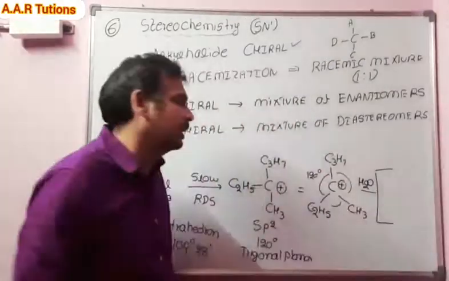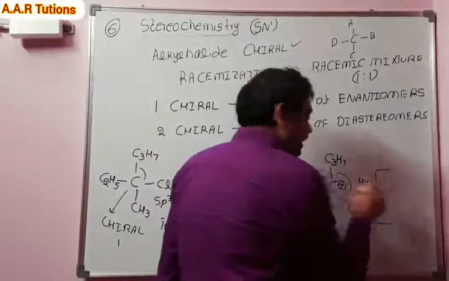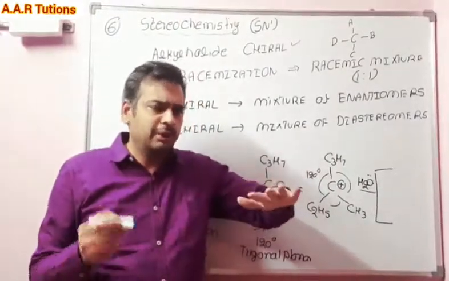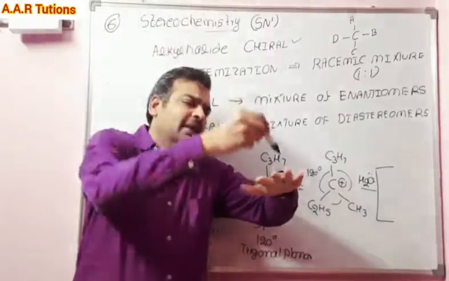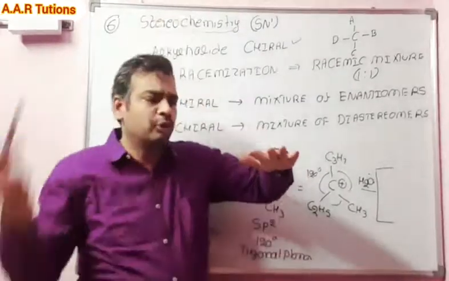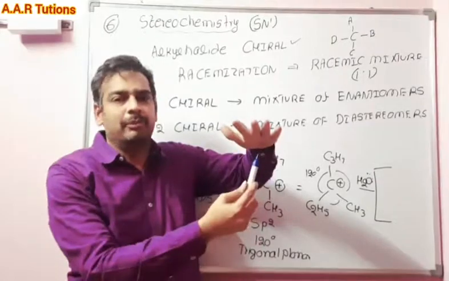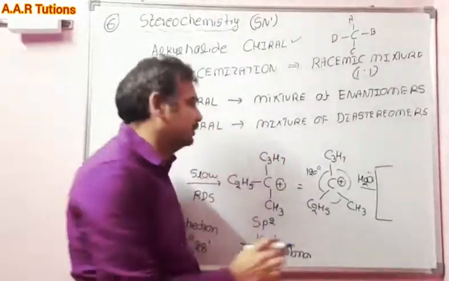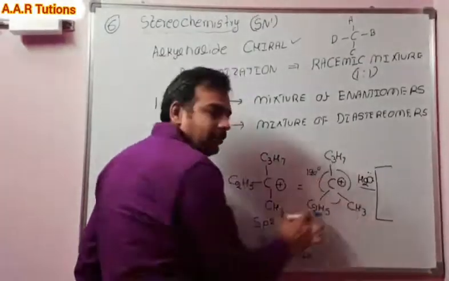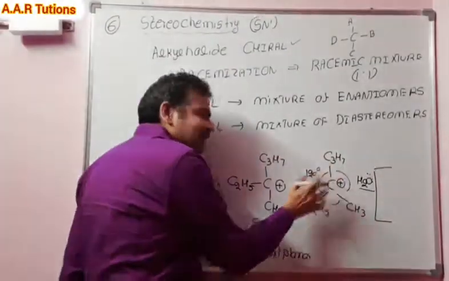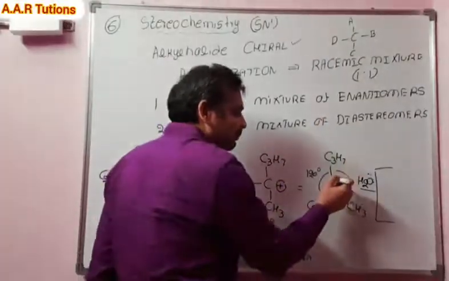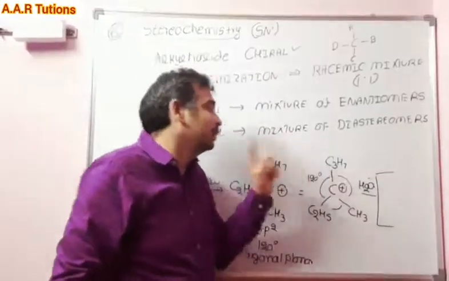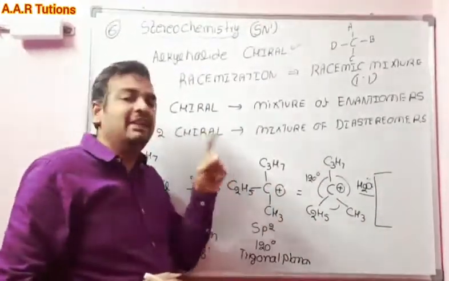Water will attack on this carbocation. Here there are 2 possibilities. This is a planar molecule, so the nucleophile will attack on the top front side or the nucleophile will attack at the back side, bottom or back, top or front. Two possibilities are there. For example, I wrote on the blackboard a planar molecule. Let us assume the molecule is like this. The nucleophile will attack at the top or from the back side to this carbon. That's why in SN1, if it is a chiral center, we will get a mixture of isomers.